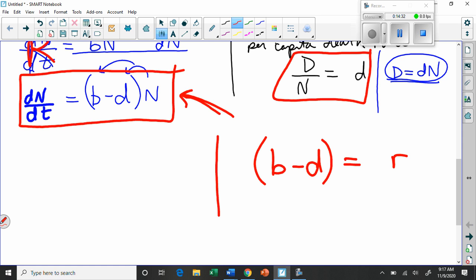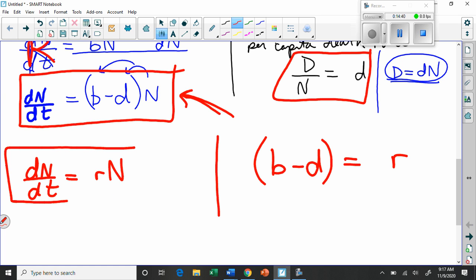That's all they're going to do, which means that this now becomes dN by dt equals r times N. And now it looks like an easy formula. The problem is you just have to memorize extra letters. So personally, I've always just used this formula because it makes perfect sense. This part could be called r. We could also call it unicorn if we wanted to,